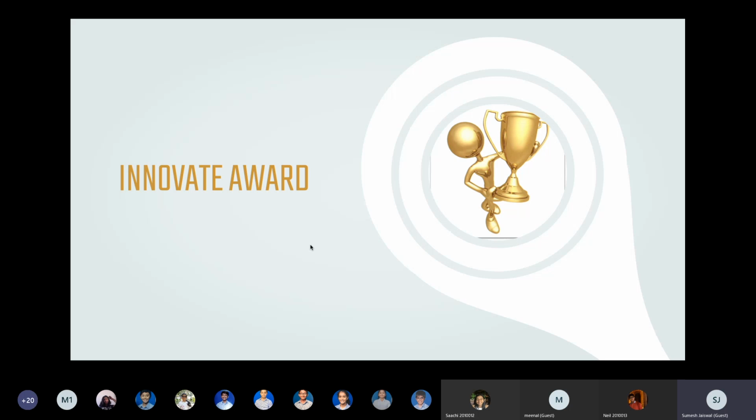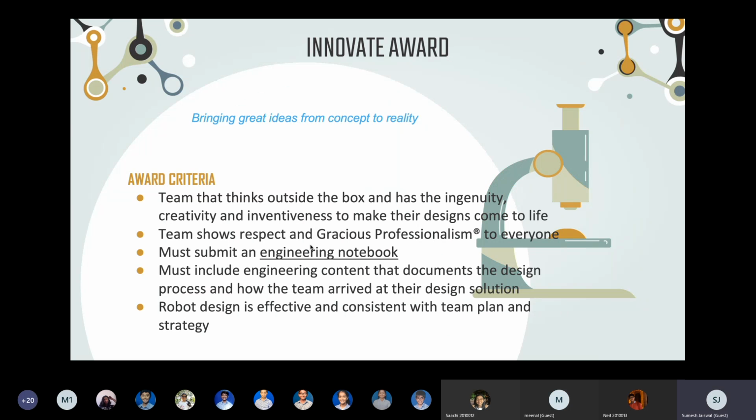The next award is the Innovate Award. As the name suggests, this Innovate Award is about having great ideas and taking these ideas from the conceptual level into the real world, actually implementing them and showing them working to the judges. For instance, you might come up with a completely new idea for shooting rings into the goals. What you would need to do is first prototype that idea, and do some testing of that prototype to make sure it's able to shoot into the goal that you want it to. And then when the judges talk to you, you need to explain how you came up with that idea, what your idea does,